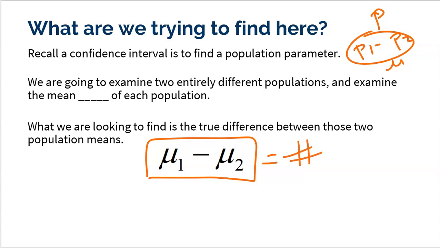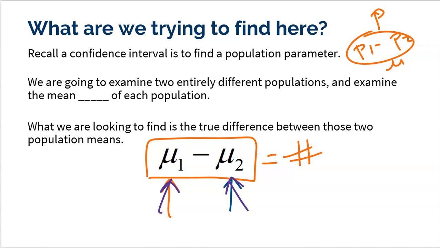If that number's positive, that's going to tell you the mean from population 1 is bigger. If the difference is negative, then that tells you that the mean from population 2 is bigger, because if you take a smaller number minus a bigger number, you're going to get a negative number. Or you could even end up with a difference of 0, and that would tell you that the mean from population 1 and the mean from population 2 are exactly the same. So those are the three different outcomes that can happen, but it really does matter the order that